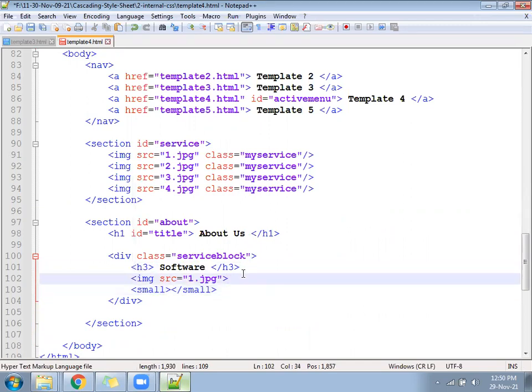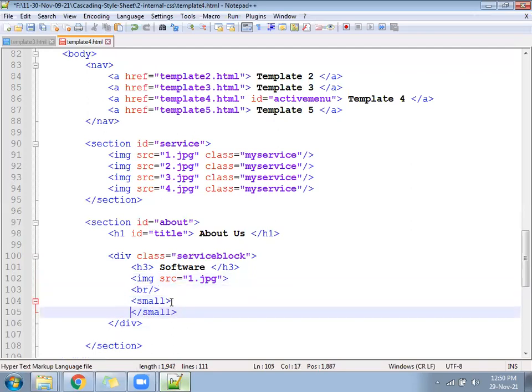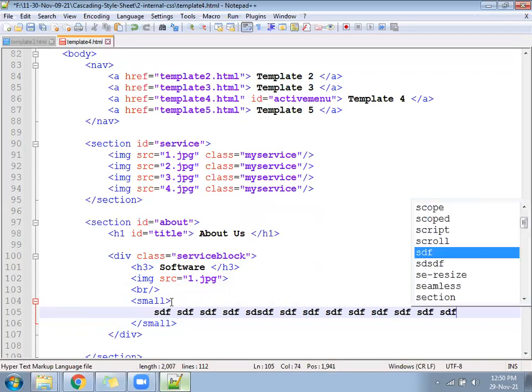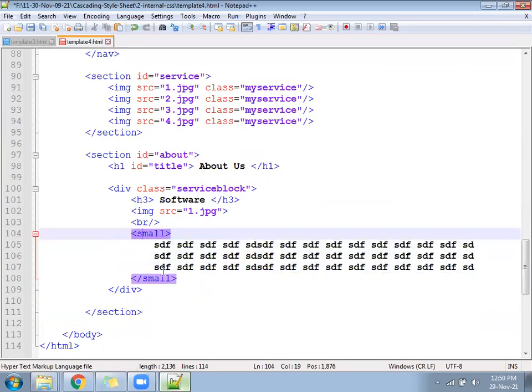After the image you have to give the BR. The small tag is an inline tag, it will come in the same line. Under the small tag you will display some text.